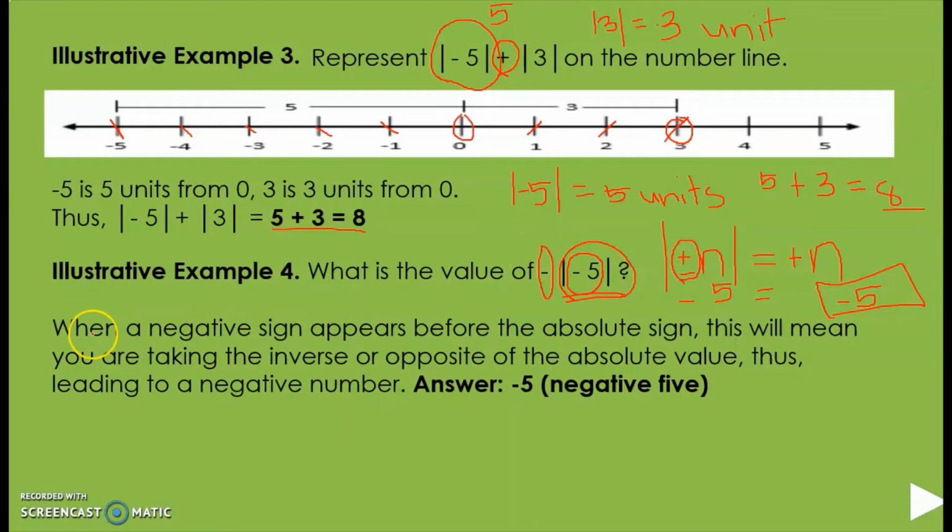It says here, when a negative sign appears before the absolute value sign, this means you are taking the inverse or opposite of the absolute value, thus leading to a negative number. Don't be confused about the properties of the absolute value. It says here on the upper part that